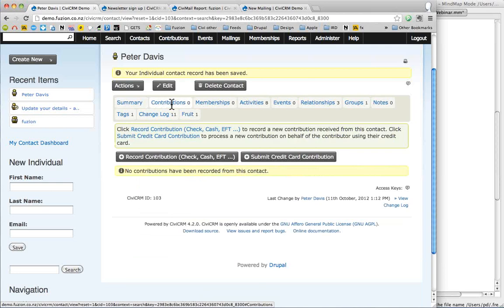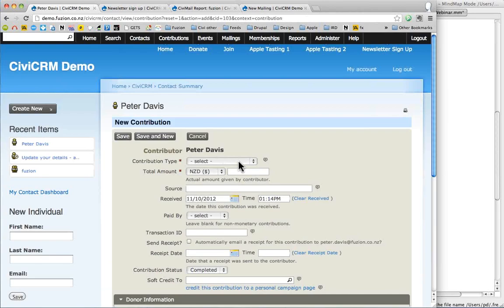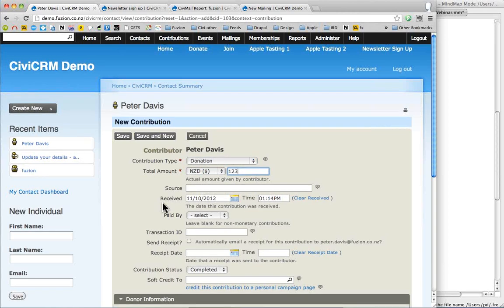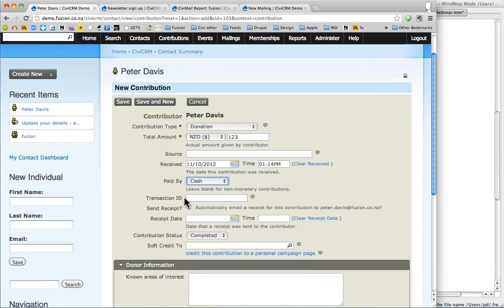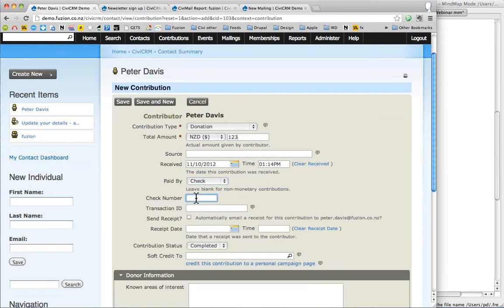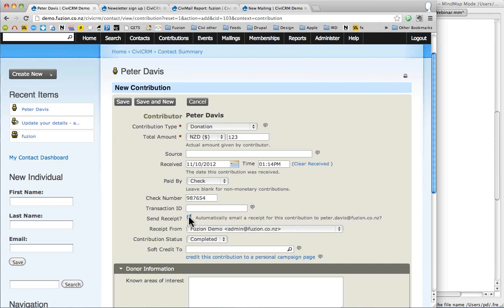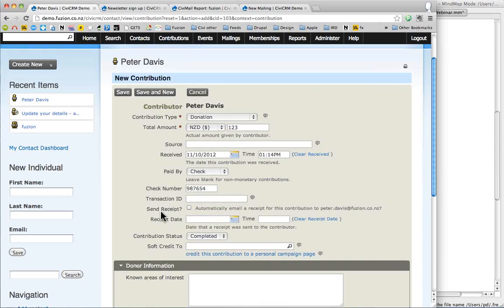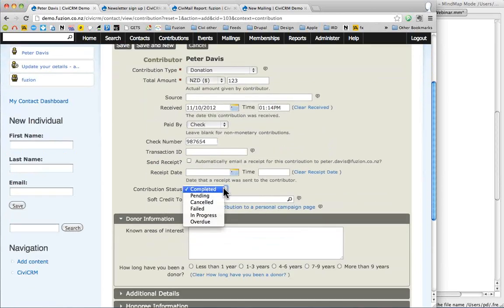Contributions, there have not been any contributions recorded for this contact. We can record one, with the options as to what that donation was made for, how much it was for, how it was paid. If it had been a check, let me choose check, we'll get a field where we can put in the check number if that's been received. We can specify whether we want to send a receipt at this point or not, and we also have a field that tells us what status the contribution is,